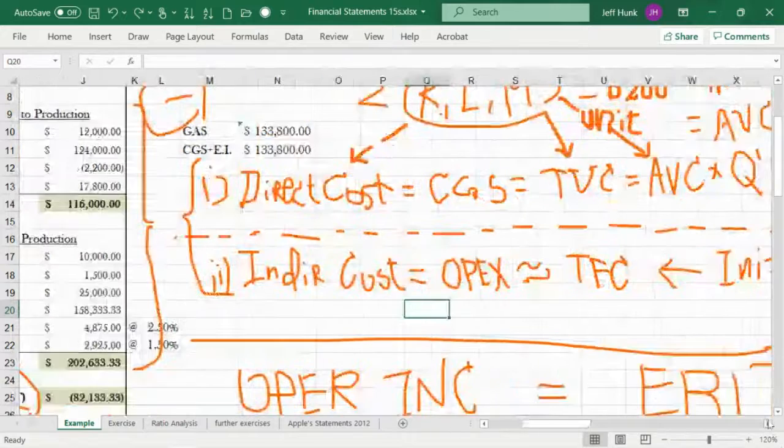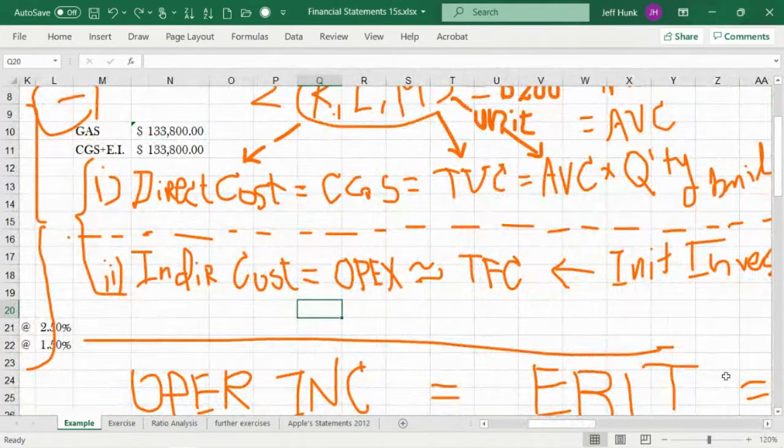For example, suppose you are running a coffee shop. Let's change our business slightly from computer manufacturing to a coffee shop. You must be renting that space, right? Unless you own the building, you must be renting the space. So you pay rent, right? But think about the rent. Does the rent